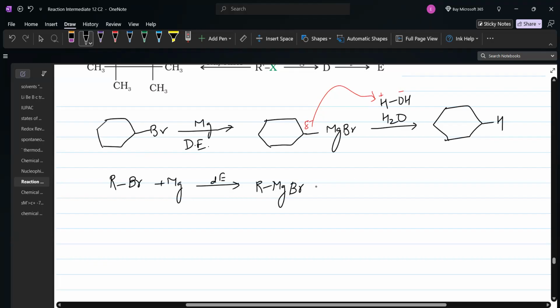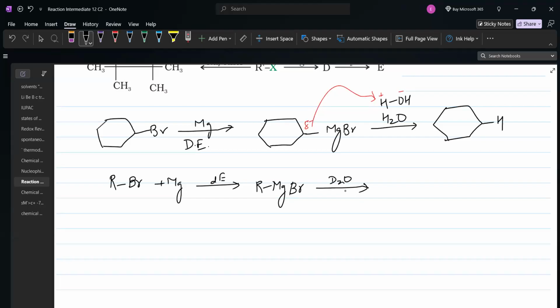What will happen in the presence of D2O, the isotope of hydrogen? This R will attack on D. And what is seen here is